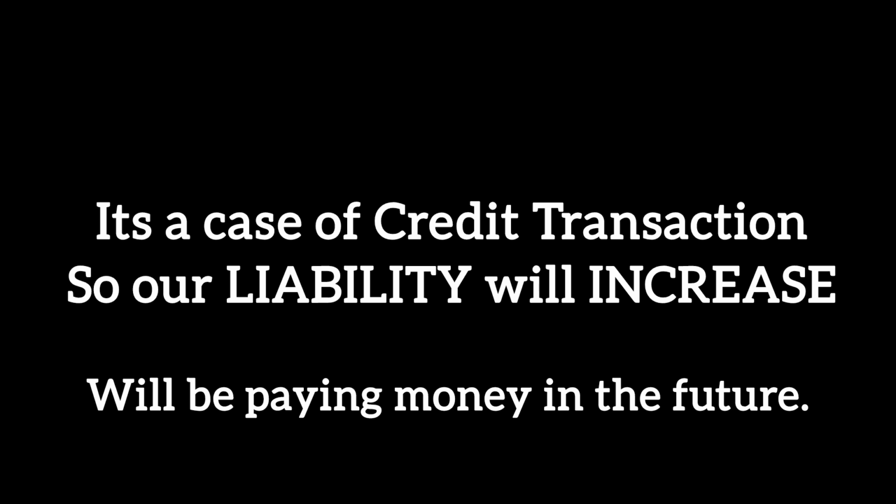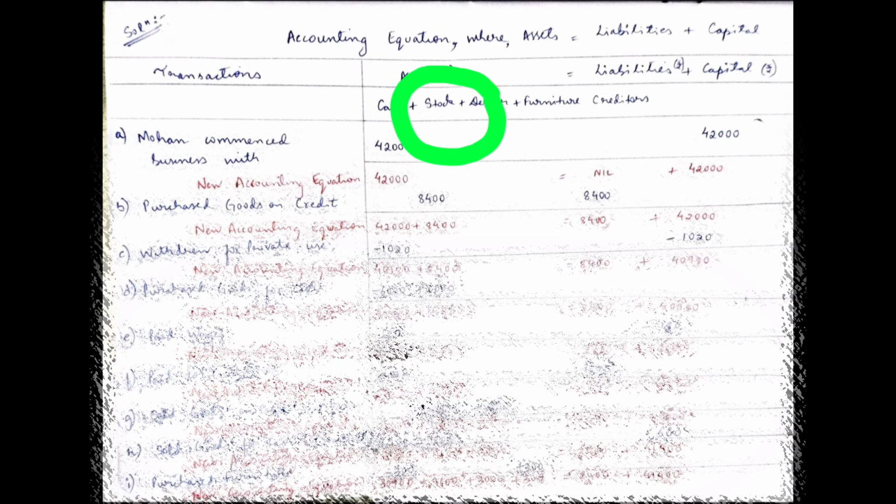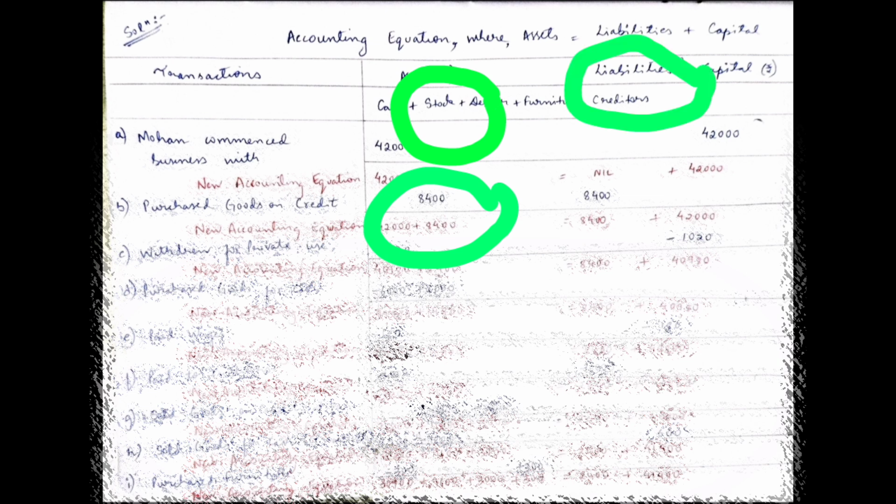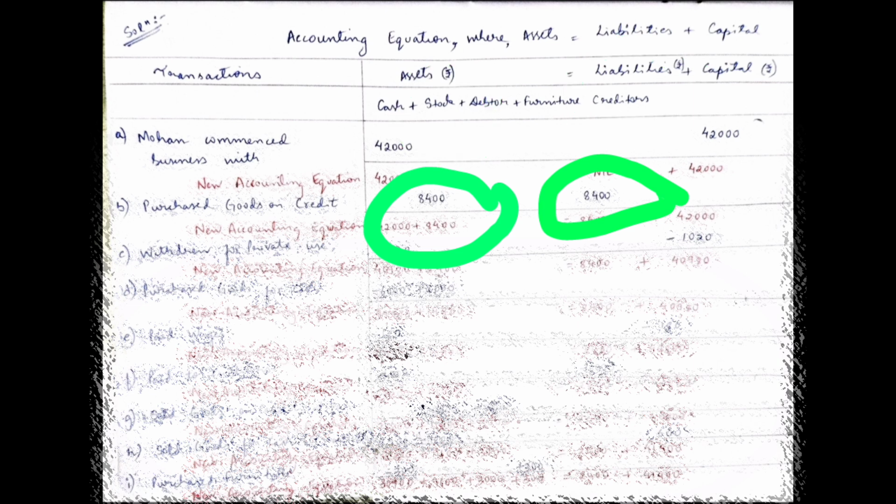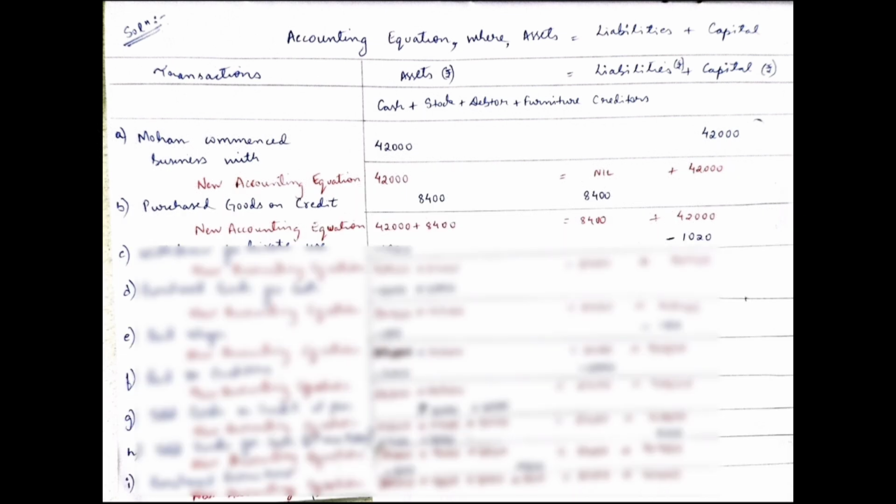All right. So in our assets column, we will write plus stock, because stock will increase by 8,400. And on our liability side, we will write creditors, which is equal to 8,400. We will be paying it in future. These are our future obligations. Now, if you draw a line, under the asset column, earlier we had cash 42,000. Now stock has also increased by 8,400, plus 8,400 we will write, which is equal to our liabilities increased by 8,400